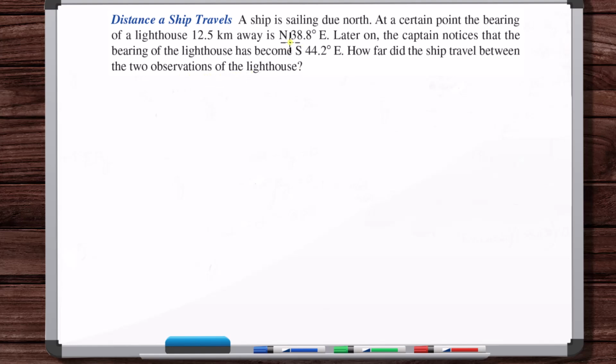Okay, so to do this problem, we need to understand how to interpret these bearings here, which for most of us, we'll never actually use, but it's still interesting to understand what they mean. So what they're saying is the ship is at a certain point, and then it looks at the bearing of a lighthouse in the distance, and the lighthouse is at a bearing of north 38.8 degrees east. And so the way you interpret that is